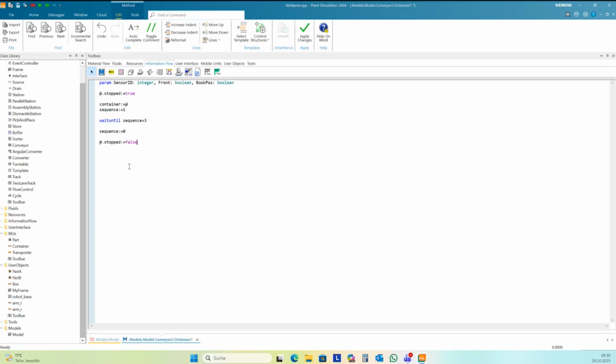It's quite easy. In this way, you can also create much more complex sequences with more robots. If you have other robots that need to do some steps here in this sequence, then it's very easy to coordinate this with just one variable.